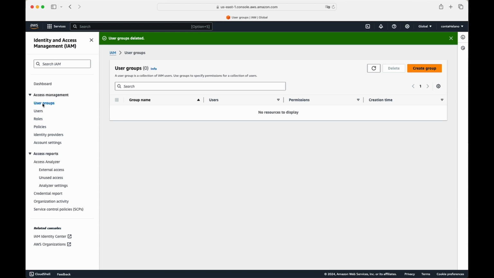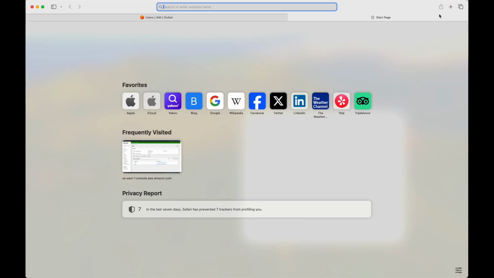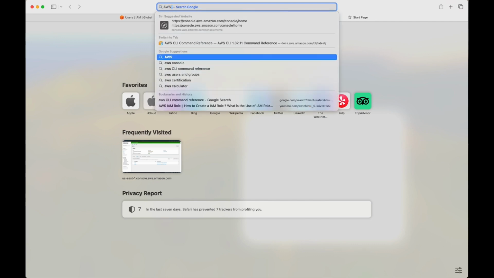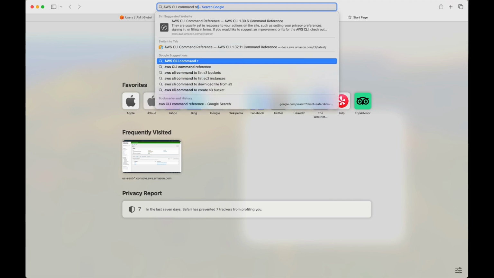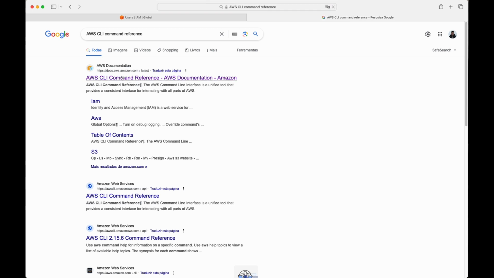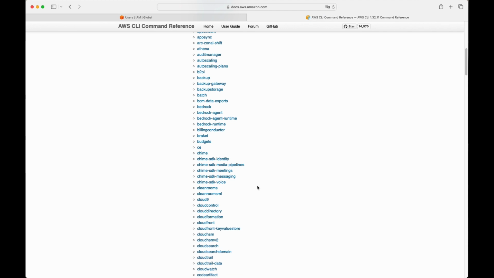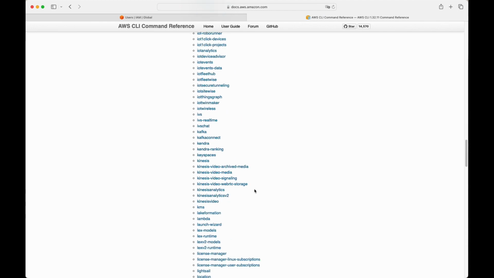So now that we don't have any groups or any users, what we are going to do is search for AWS CLI command reference, and this page will be very useful to us, since we have basically all we need to know to perform the tasks